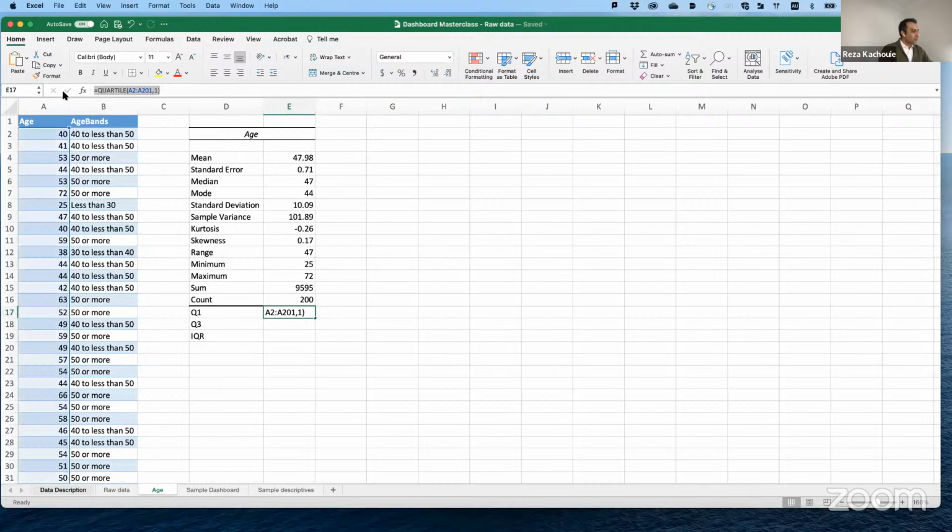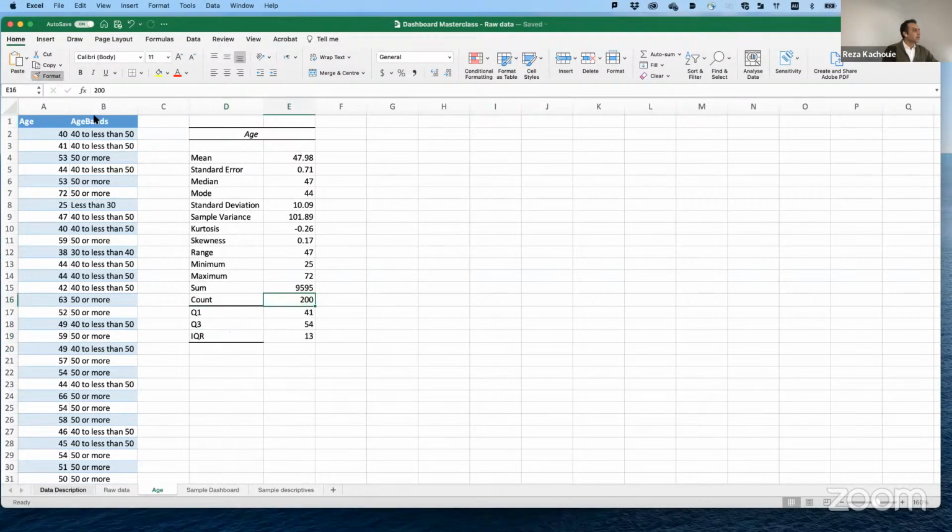You can have the same formula for Q3. Let's change it to quartile 3. And then I can have Q3 minus Q1. So we have this data, we can format it and have something like this.